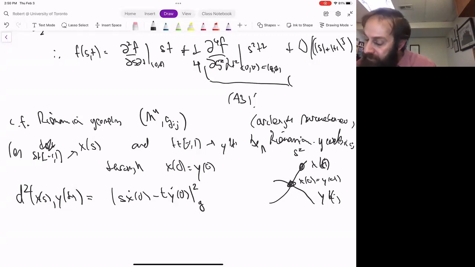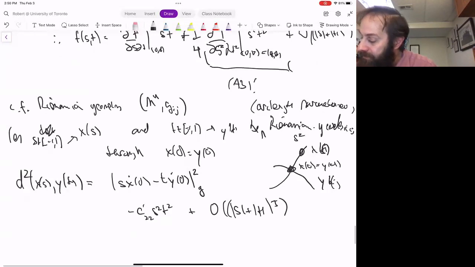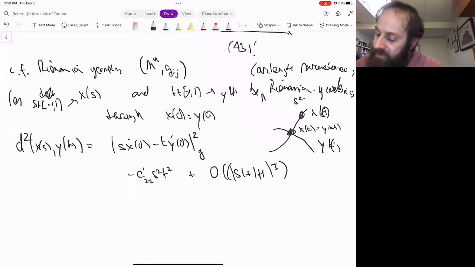And so the next non-trivial correction to this is minus, again, a constant times s squared t squared. Let me call it c, I guess I'll call it c prime 2 or whatever, plus order s plus t to the 5th. And this constant, of course, C22 prime,